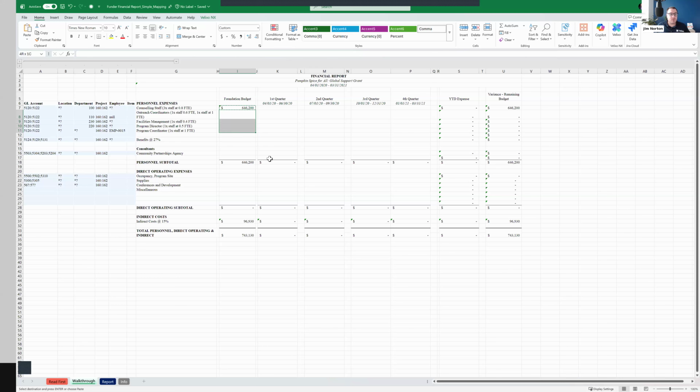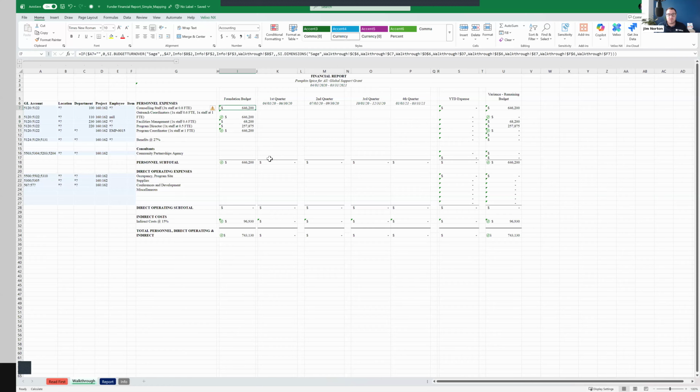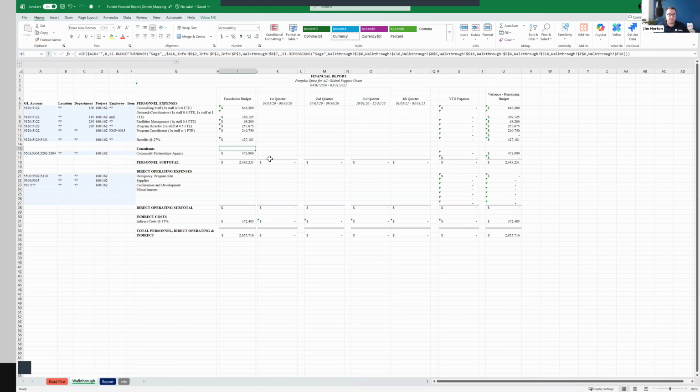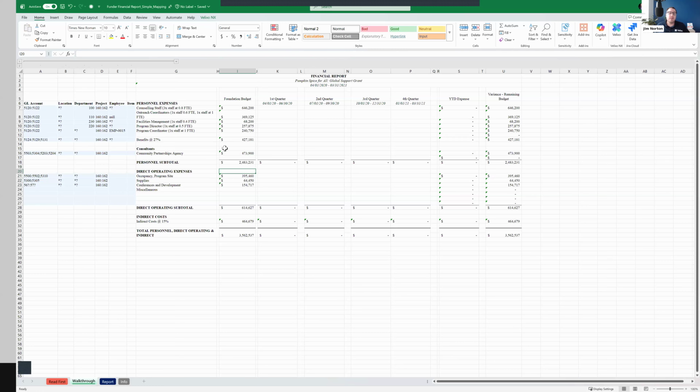Now, this is different than what we saw before. Why is that different? Well, because a lot of times, rather than using something totally dynamic like some of Harry's examples did, a lot of these funder reports are pretty fixed in nature. It's like, hey, these are the line items. So if what you have doesn't align with one of these line items, then it probably shouldn't be on my report, right?